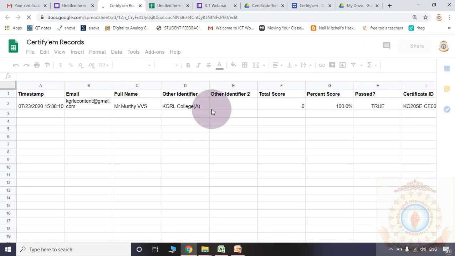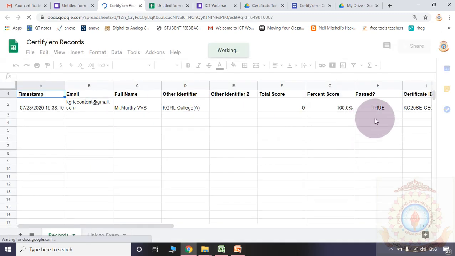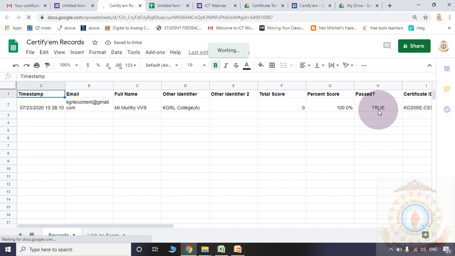Click it. Here true means the certificate was successfully sent to them. That is the meaning. Whenever true is indicated, the certificate was successfully sent to the particular person.